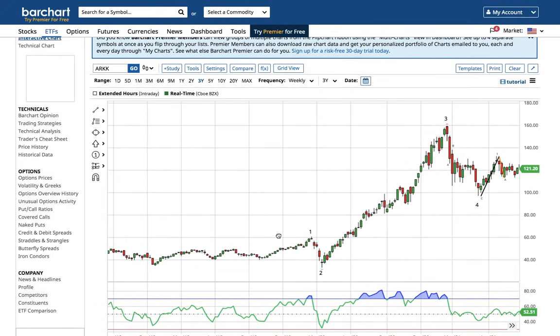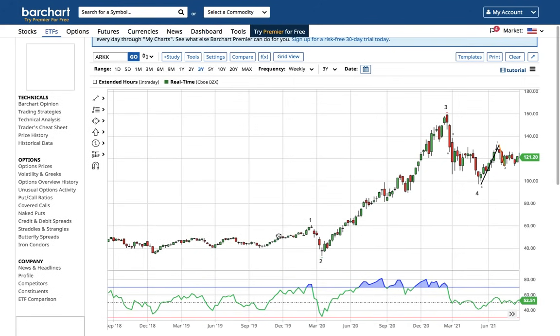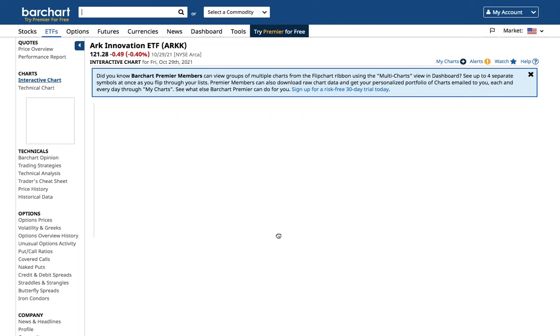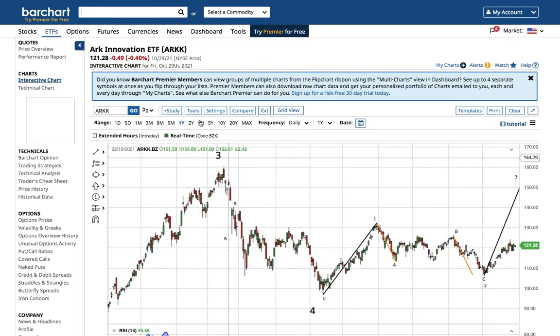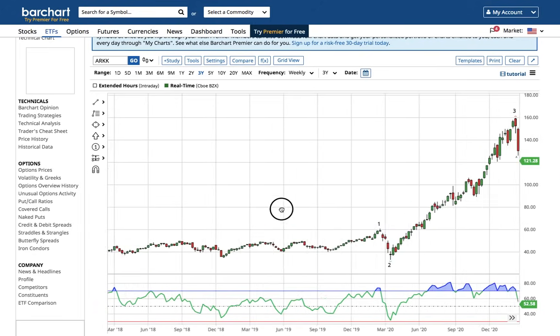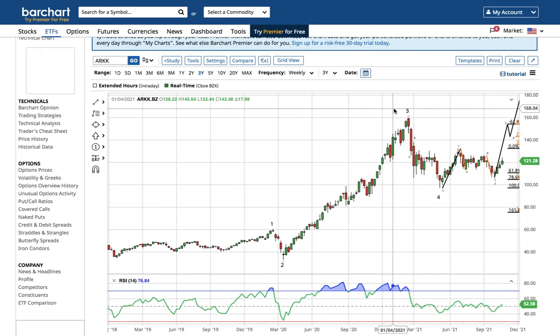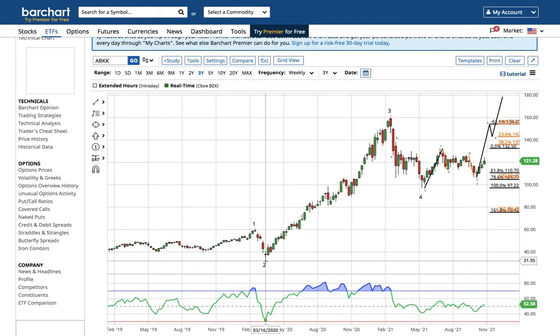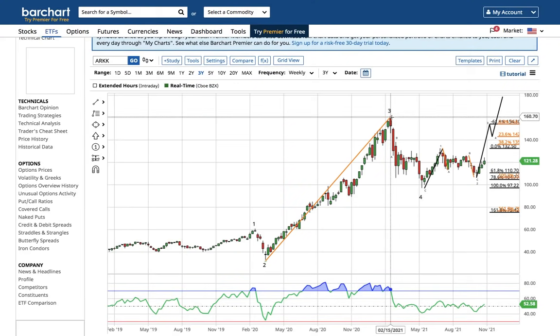And I think that means we were correct that the entire growth sector, right, ARK, was putting in an important wave 4 low in kind of the bigger picture, right? This is the ARK chart. It's identical to the solar ETF chart. This is a wave 1 and a wave 2. This is a huge wave 3 and a wave 4. So if we hold this wave 4 low, then we're within a wave 5. That's going to be the length of wave 3, placed at the wave 4 low.